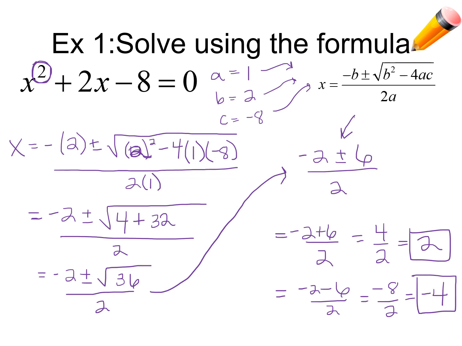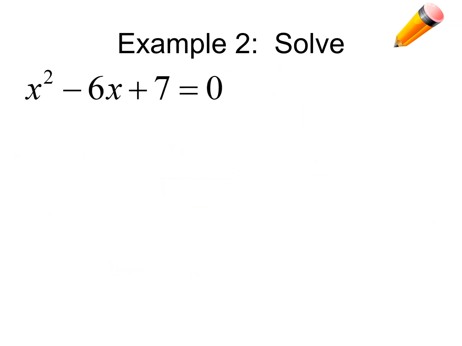Now notice, because of the discriminant in here, because this 36 is a nice number, I got real numbers back. This one could be factored by guess and check, but we're using the quadratic formula to get in the habit of plugging numbers in and seeing where they go in this formula. So let's try another. Example 2, if you look at it and tried to use guess and check